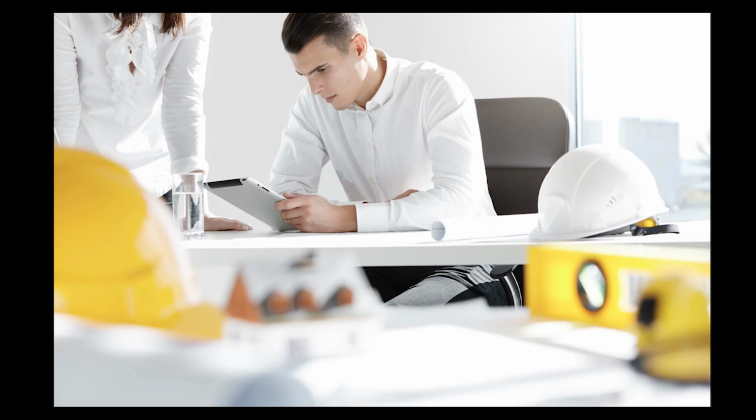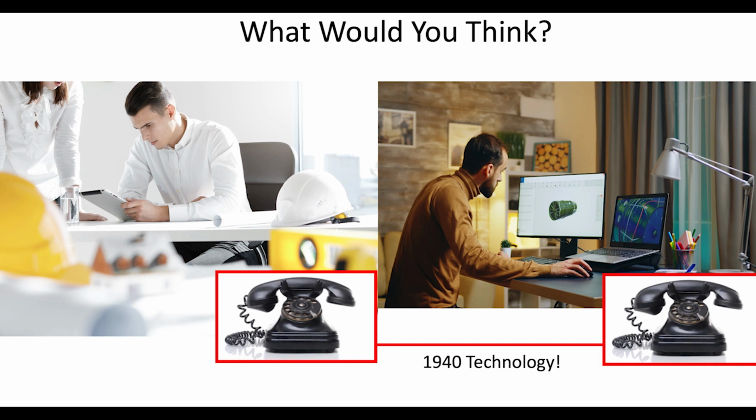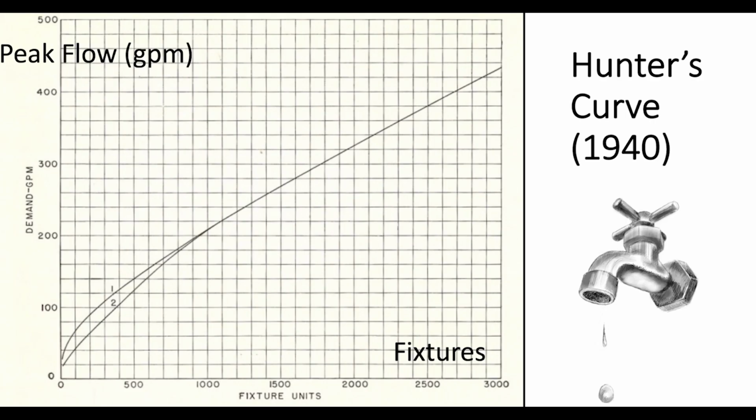So all across the planet today, there are thousands of engineers working on the next generation of buildings. And you would probably be quite dismayed to discover that they were using technology from the 1940s to design the phone system, right? Well, I'm just pulling your leg on that. Turns out that's not the case. They're using, of course, the latest technology. However, the engineers that are designing the premise plumbing systems are indeed using technology from the 1940s to size premise